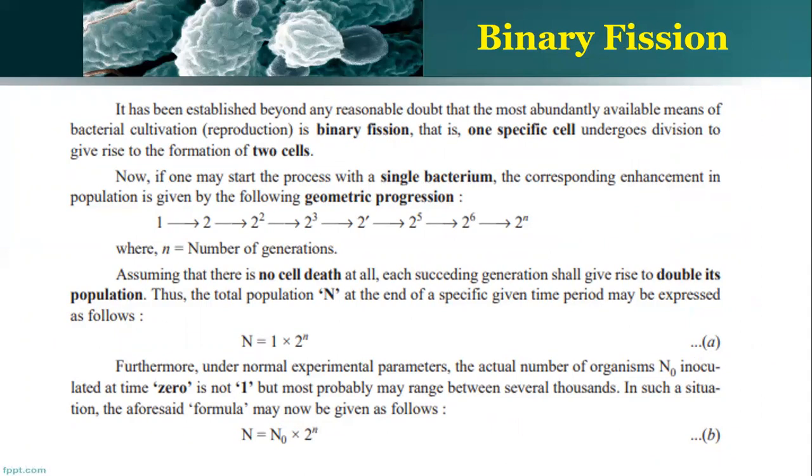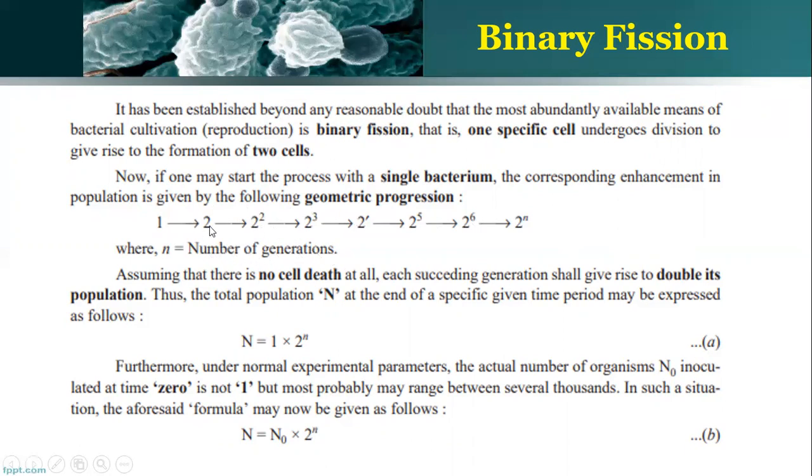So this bacterial growth has been measured and it is studied as the bacterial growth curve. When an organism has been inoculated in the medium, the cell division occurs in a geometric progression manner. That is, one cell will divide into two, two cells will divide into four, and four cells will divide into eight, likewise in geometric progression. That is 2 power 2, 2 power 3, 2 power 4, 2 power 5, 2 power 6, likewise till 2 power n. So here n is represented as the number of generations,